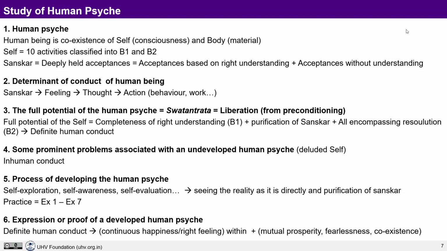And thirdly, in our process of exploration, when we look at the reality from different angles, that also helps us explore further. For example, we are using the words self and body. Listening to the same two words again and again, you may assume that, yes, I know this reality. I know what is self, what is body, they are different. That is fine. But this is something that you have concluded at the level of thought. You have not been able to see by yourself. So if the same reality is suggested by different means and ways, then it may further draw your attention to the reality.